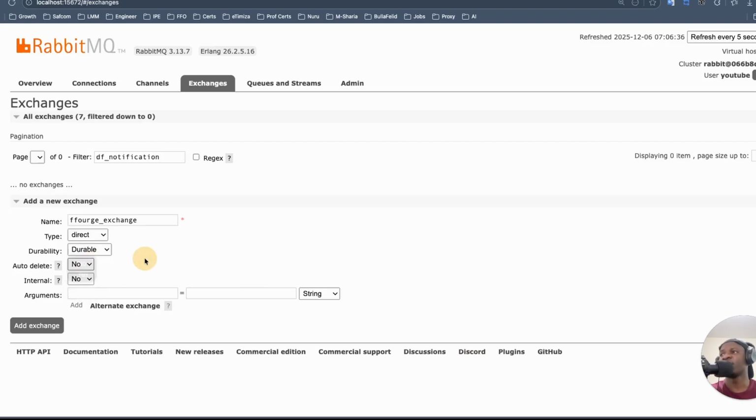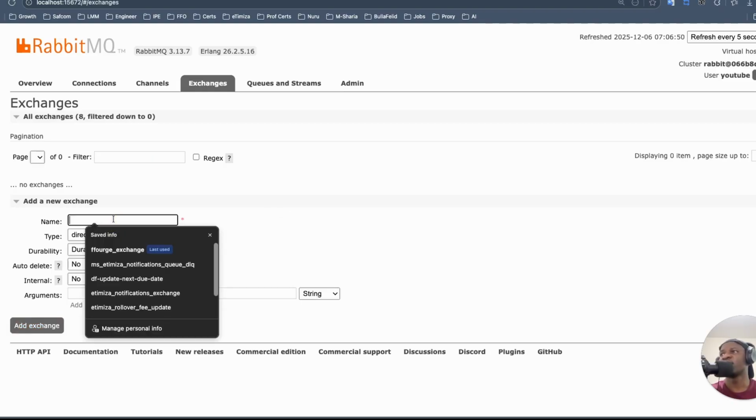So this one will mean, if it's not auto delete, it will wait for the acknowledgement, and then you can put some arguments around your exchange at the same time. That's it. Boom. Now you add the exchange. So once we add the exchange, let me say